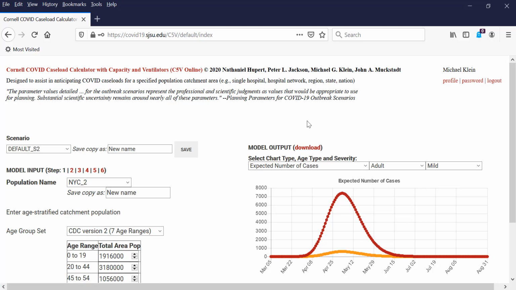This is quite similar to the spreadsheet version of C5V, where there is an output worksheet. This is the same information that's provided with this option, including the additional features that are in the C5V online. So you can extract to Excel and carry on with your analysis in Excel as well